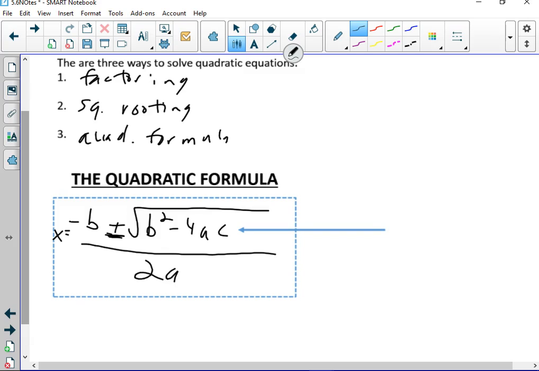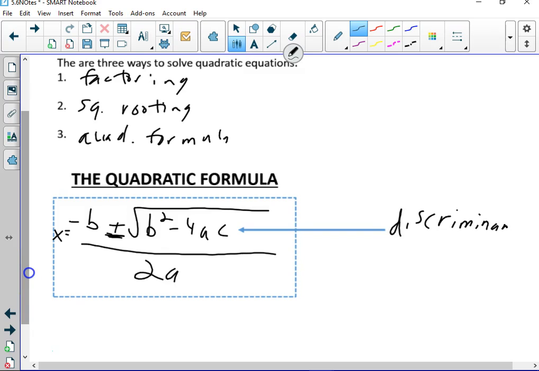That's why it says x equals the opposite of b plus or minus the square root. Negative b, opposite b, whatever. So if b was a 5, this would end up being negative 5. If b was negative 3, this would end up being positive 3 out here. Okay? But that's why it says plus or minus the square root of b squared minus 4ac, the whole thing over 2a. And then this part right here underneath the radical is called the discriminant,